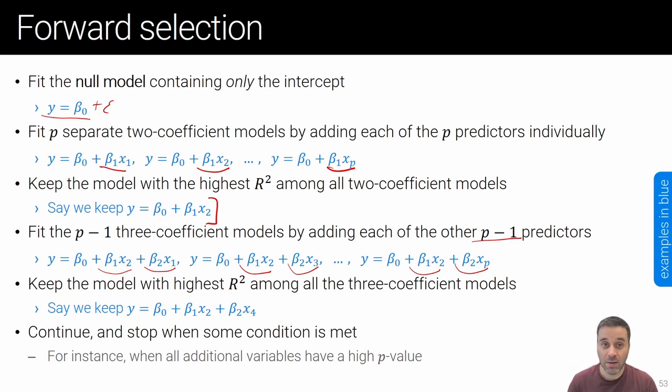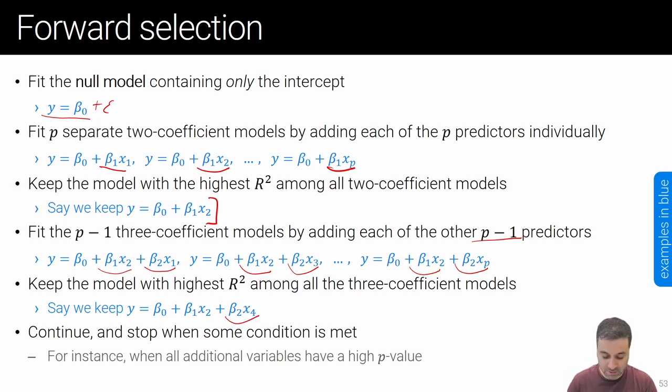And we do the same. Looking at all those models, we pick the one with the highest R square, because that's in principle the best model with only two predictors. Say in this case that we choose the model with predictor x4. And then we continue. We fit all the models with three predictors, two of them being x2 and x4, and we choose the one with the highest R square. And we continue